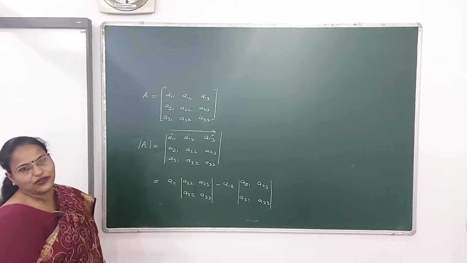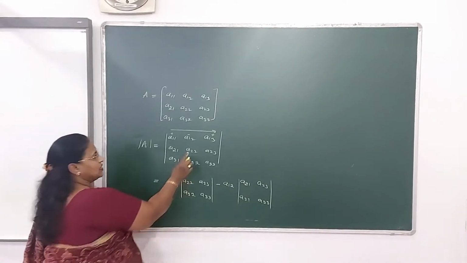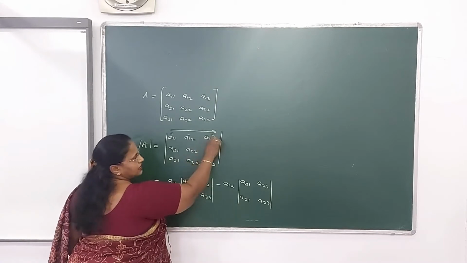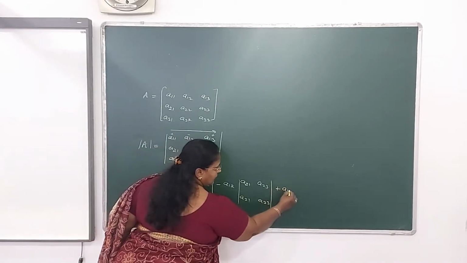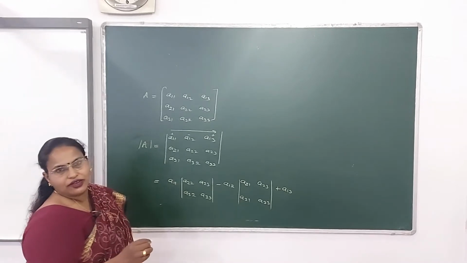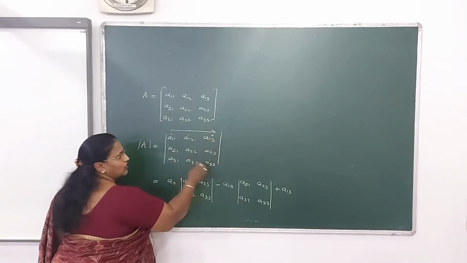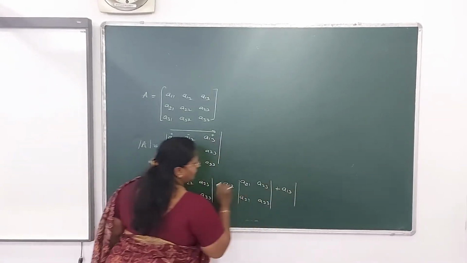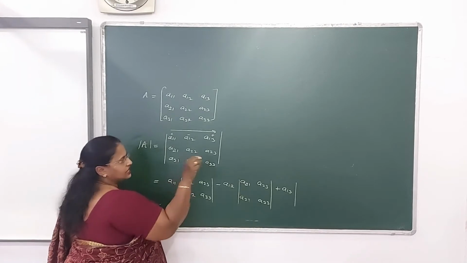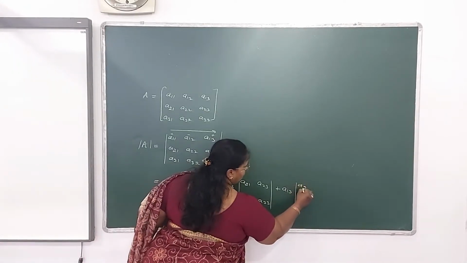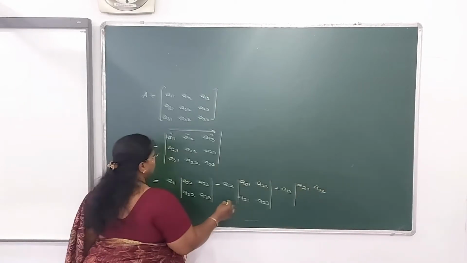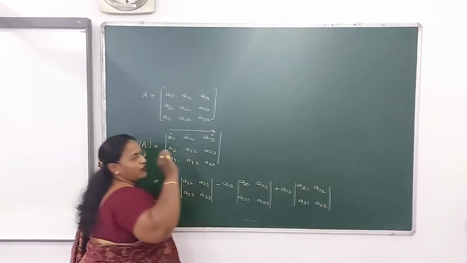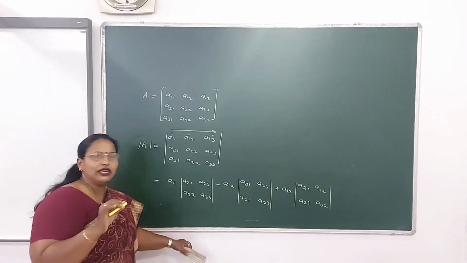Likewise, the same procedure you will apply with the third term also. What is the third term in this row? It's A13. Which sign is to be placed here? Plus sign. So it's plus A13 into the determinant. Delete the row and the column where the element lies, so the first row and third column are deleted. These 4 values are left here. Get the determinant value of this, so place a bar sign. It's A21, A22, A31, A32. See, this step you can avoid. So now directly we'll come to the third step.